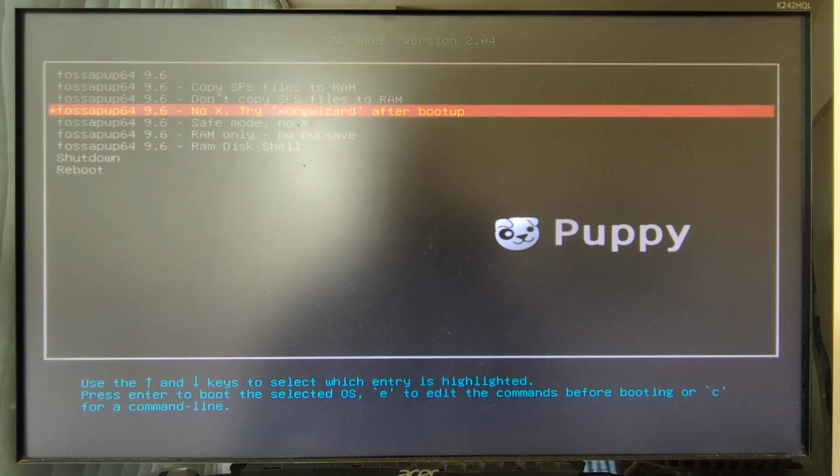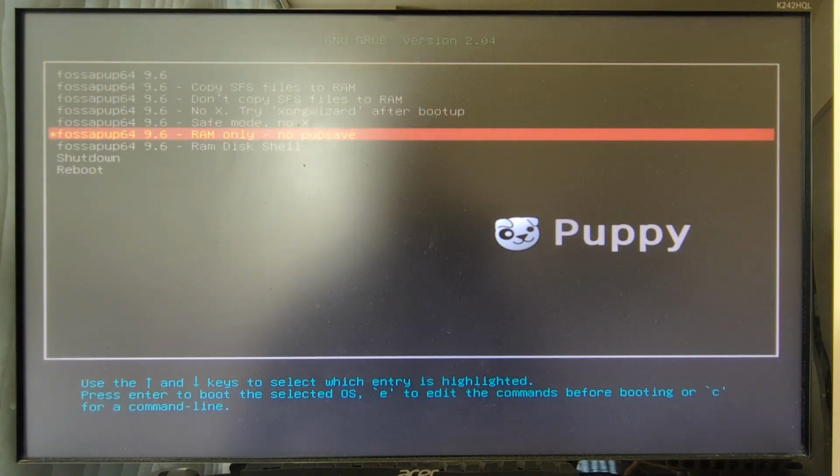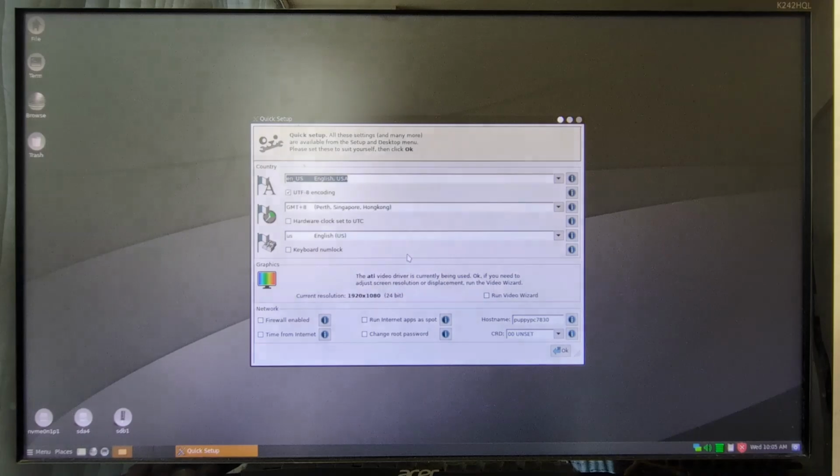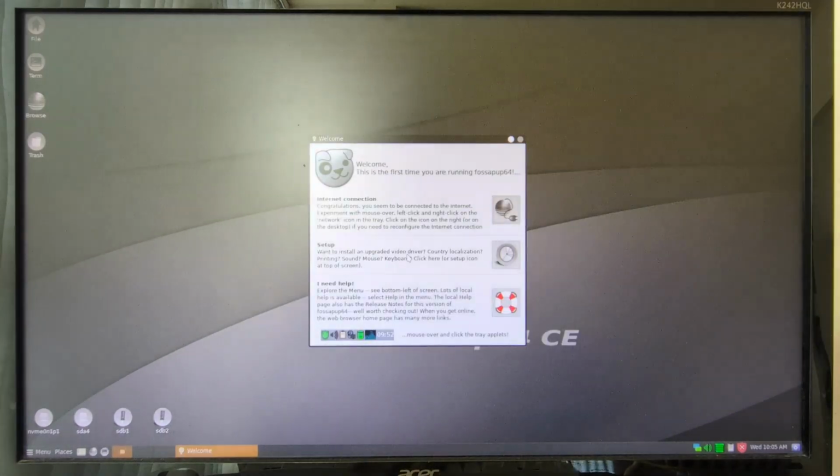So at this juncture, we only need the RAM only. We don't need all the other choices. So now we're getting a cursor here. So we're almost there, and I'll just close everything, Alt F4,